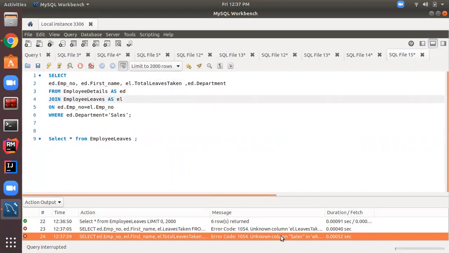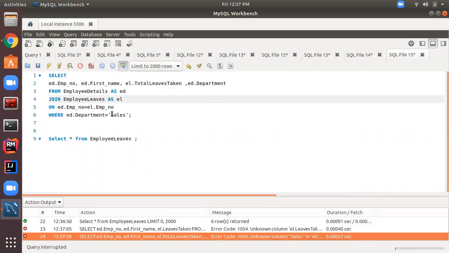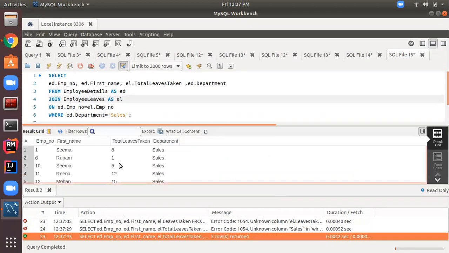Error code, unknown column sales. Here, because of the quotes, it's giving an error. Let's run this again. See, it's showing only 5 records. There are 5 employees who have taken leaves in the sales department.